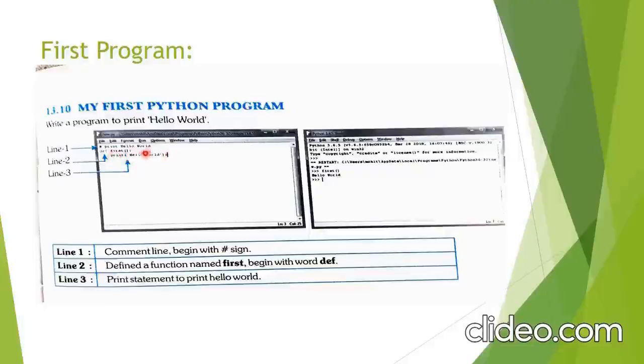After printing hello world, you can see on the right hand side that hello world is printed on the command prompt. After writing the program, you need to save it and press F5. When you press F5, your cursor will come to the right side, that is the command prompt. Here I have to call the function. I have just called the function first with brackets. Whenever I call first, it goes here, and whatever is written inside print will be printed. So hopefully everyone